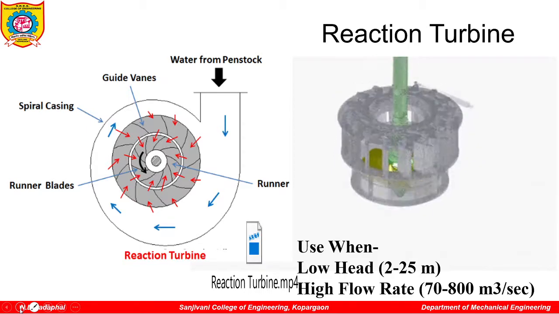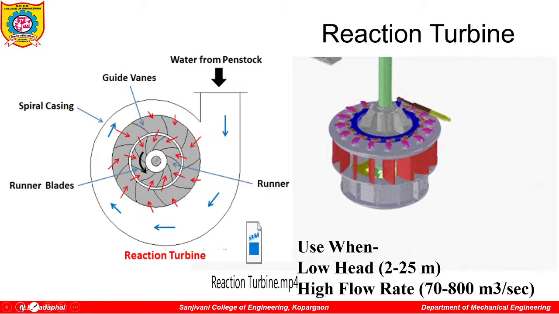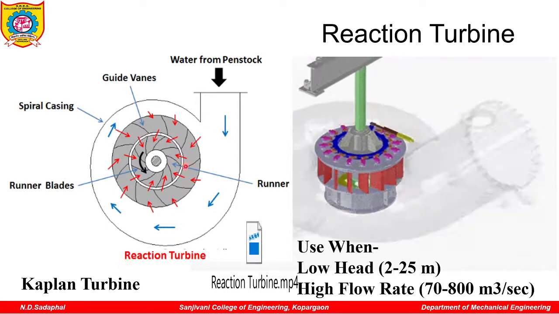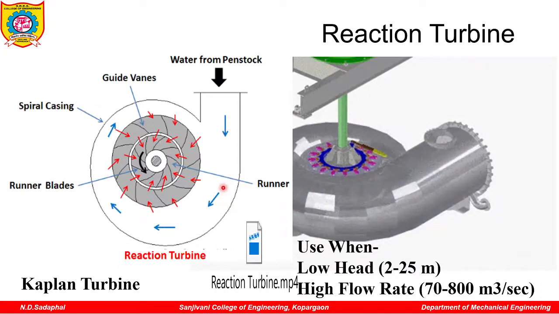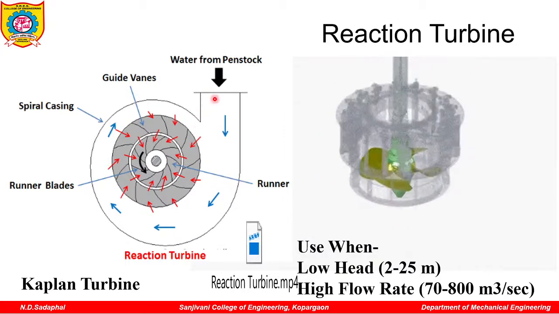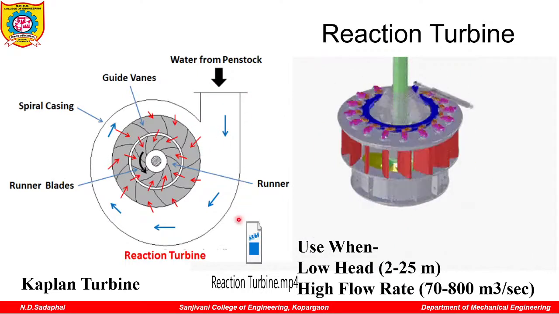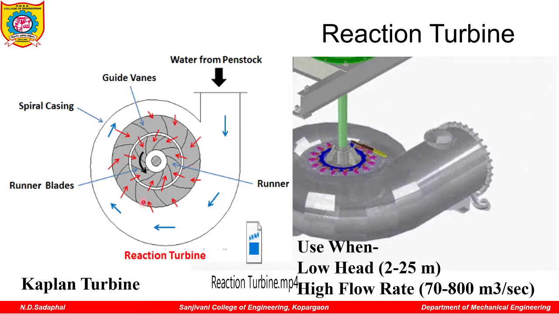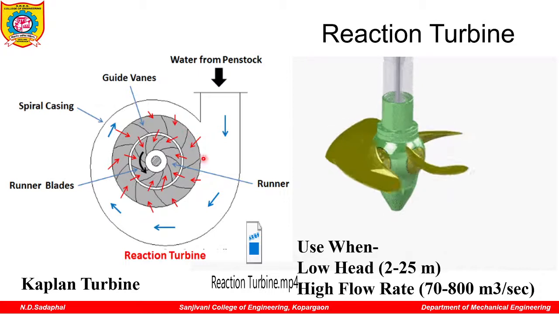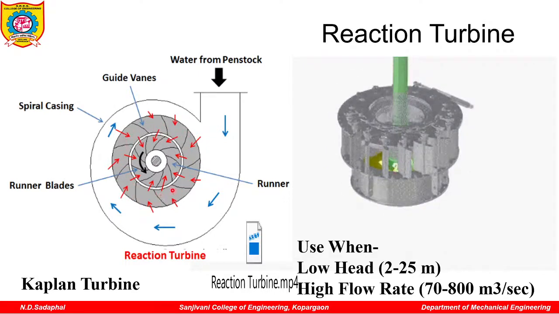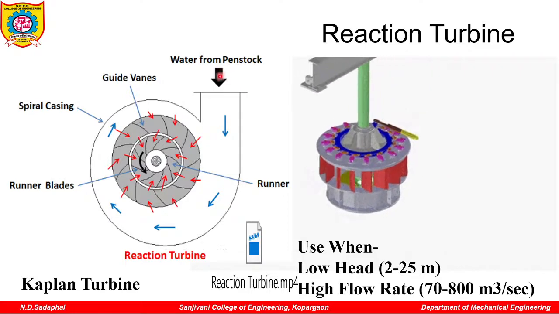One is called a Francis turbine, and second one is Kaplan turbine. Now here Kaplan turbine is shown. You can see here the water from this vertical portion, which is called the penstock. Water enters from the penstock. These are the runner blades or guide vanes. Blades are mounted in the guide vanes. Water enters from the penstock.